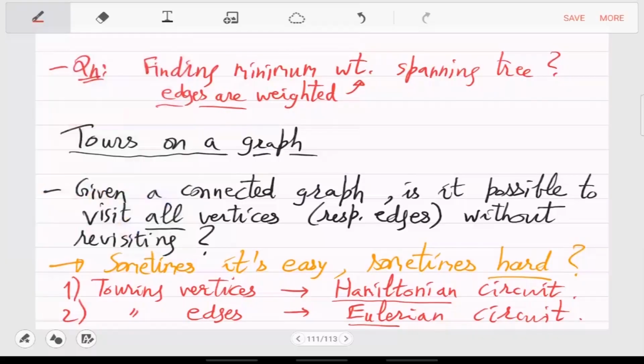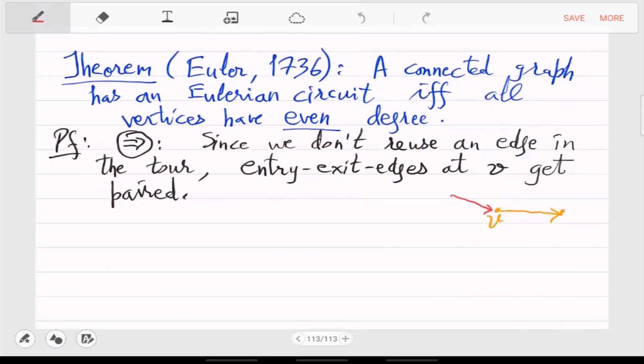So, tours: starting and endpoints are the same. The source and destination are the same. So the U example and other examples don't apply. But anyways, this local thing that I am saying,